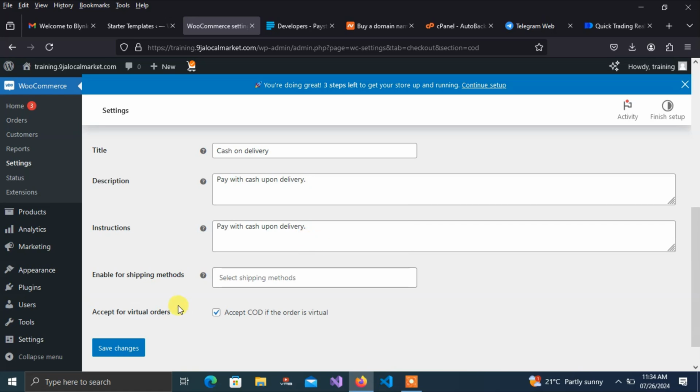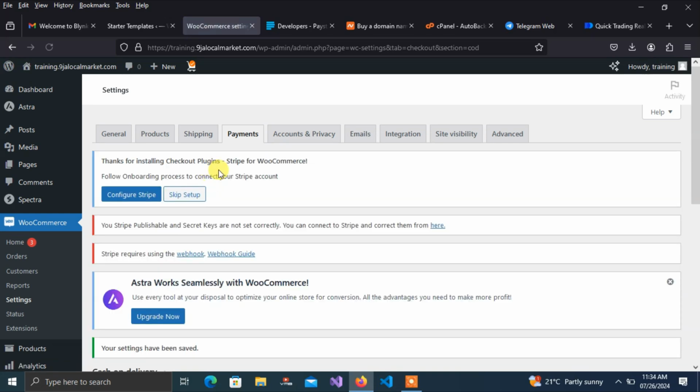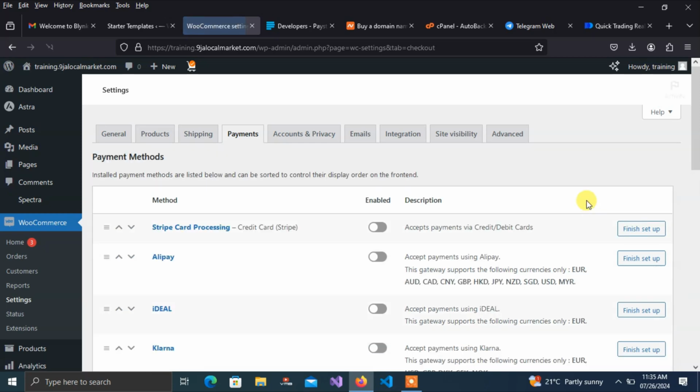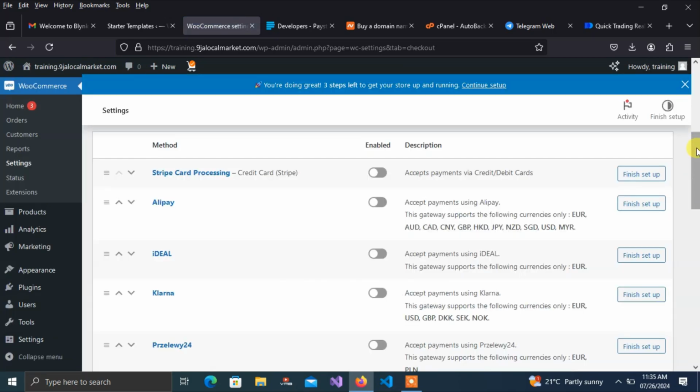So you just go through it to be sure that the settings are okay. Then you click on save changes, and it will be done. Okay, so we are going back to payments again. And then when you come down a little,